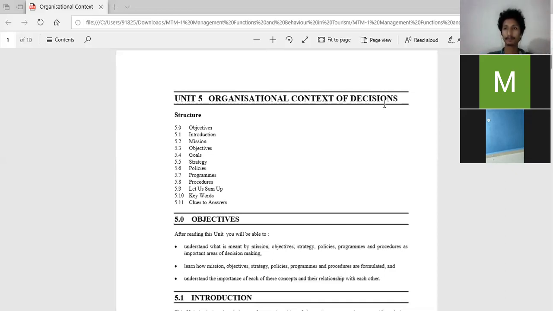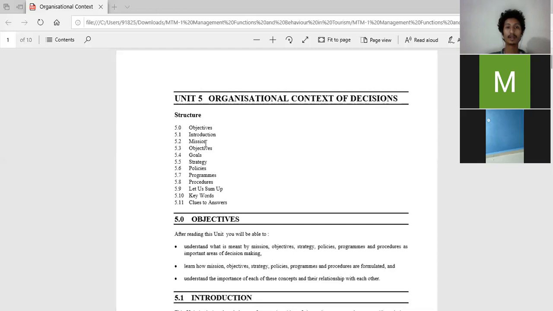So the features of organization in decision making are like mission, objective, goals, strategy, policies, programs, and procedures. Okay, so as objectives and goals, let me tell you that mission, objectives, and goals